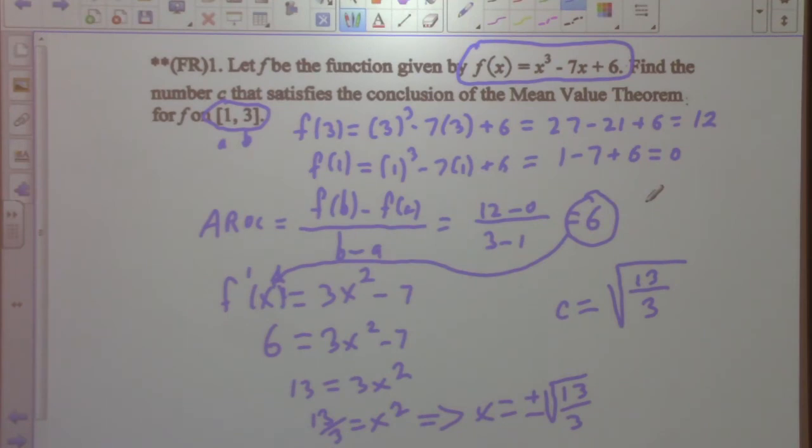Okay, and polynomial functions, by definition, are going to be either a line or a smooth curve. Meaning that what? You're going to be continuous and differentiable. So just the very nature of the function tells us we met these conditions. And then we go work out, and this is typical of how you'd work it out. You find an average rate of change, put it in place of f prime of x, solve for x, and then you have to look back and see, well, this one here, square root